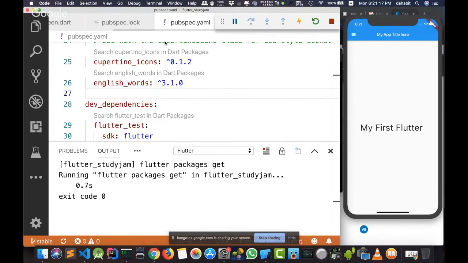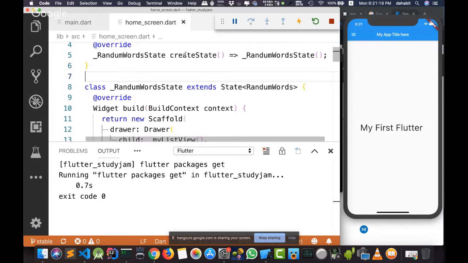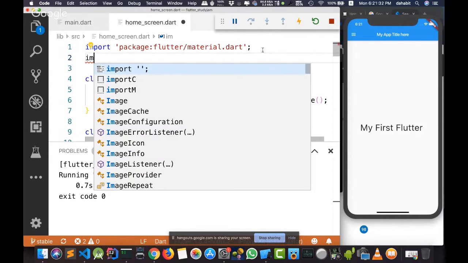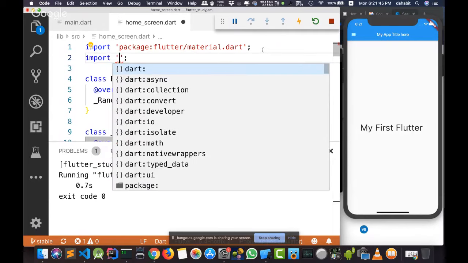And now there is no need to use pubspec again. We'll go back to our application and start to use this package. How do we import this package inside our application? Exactly like we import other things. I write import, and please use the autocomplete. Autocomplete will save your time and save you from a lot of mistakes. I'll press tab and it will ask me what I want to import.